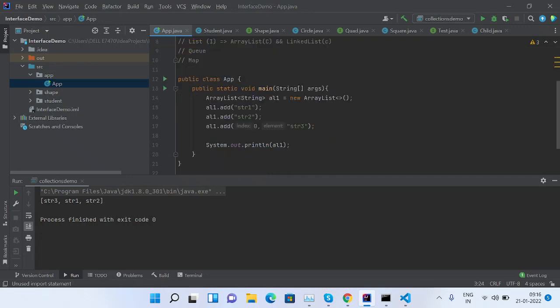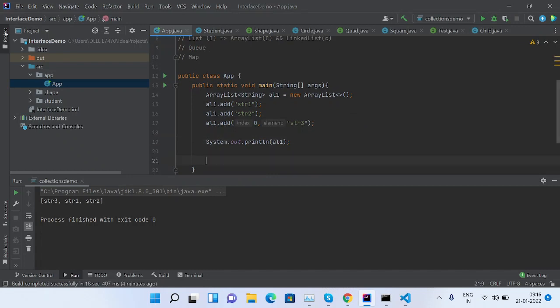right? Then I'll create another array list. Array list भी बना सकते हो आप, link to something which we'll take it up later, not now. I'll say array list of student, right? So I say als equals to new